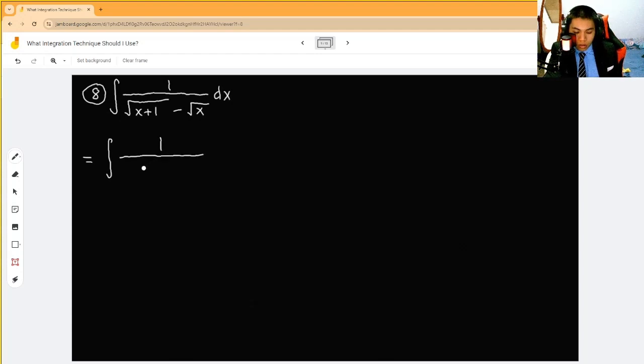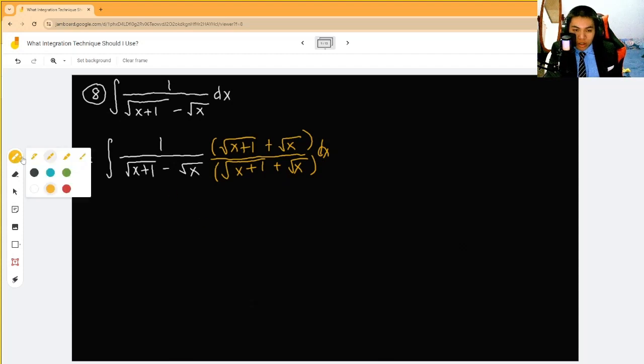1 over square root of x plus 1 minus square root of x. And what we can actually do is multiply the whole function by 1, namely the conjugate of the function. So its conjugate is square root of x plus 1 plus square root of x over the same thing here, square root of x plus 1 plus square root of x. Okay,